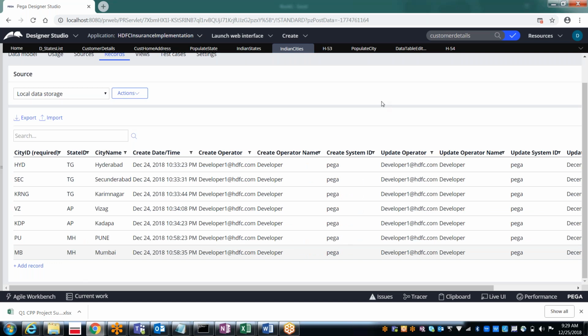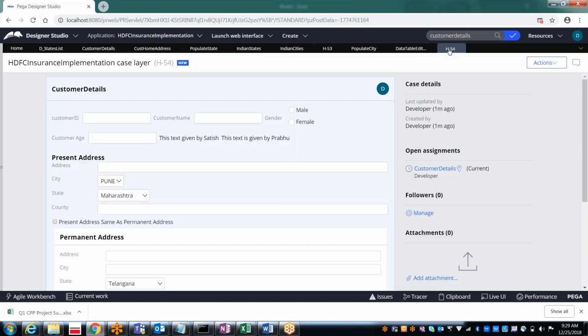Now it's got saved. So Andhra Pradesh and then Maharashtra, Pune and Mumbai.